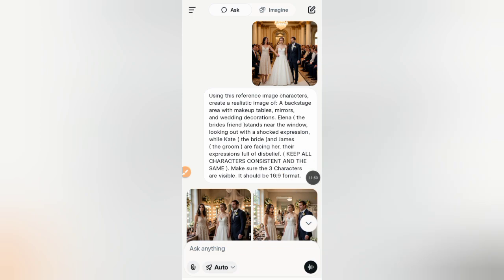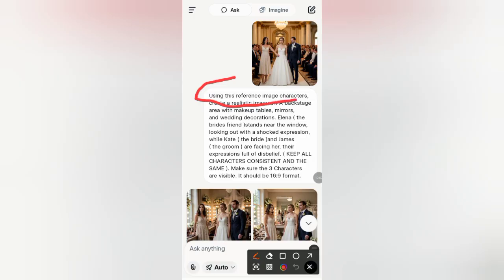Alright, so using this reference image, like I said, to make it consistent, make sure you are using this keyword: reference image. Using this reference image characters makes it consistent, so that it doesn't give you something else. You want consistent characters throughout. Like I said, the most important thing you need to take note of is consistent characters and also consistent